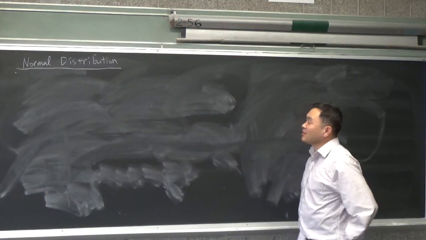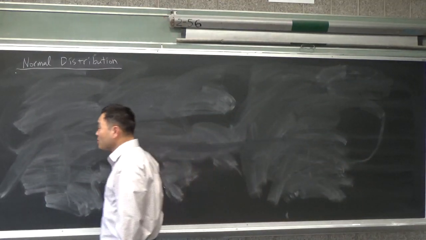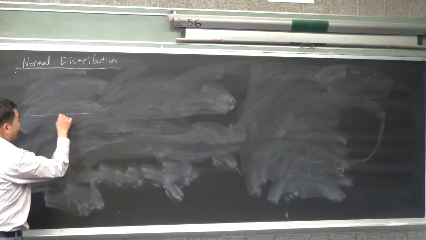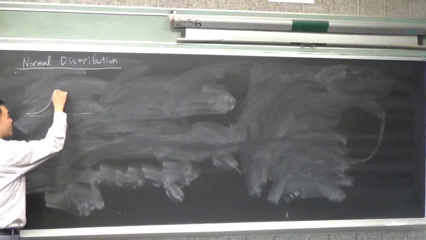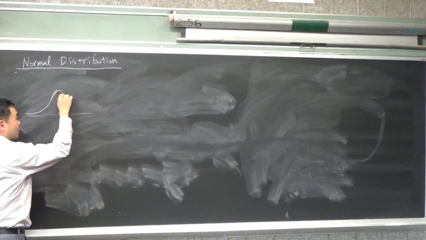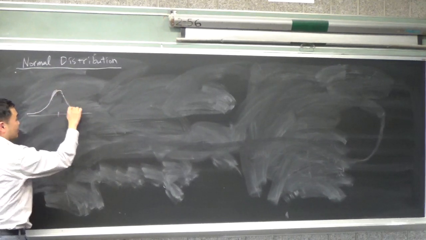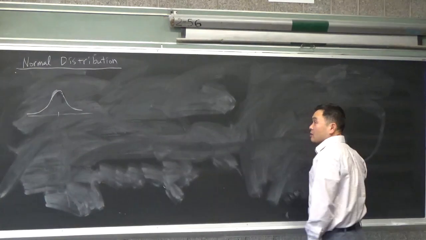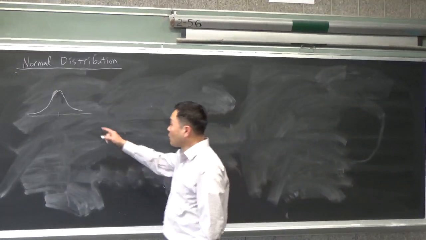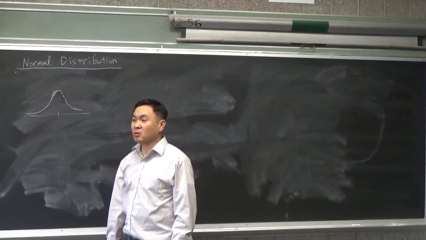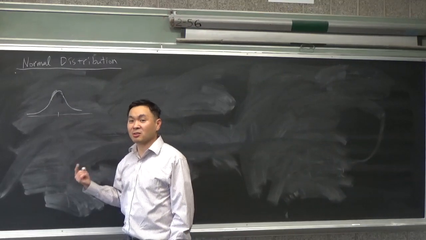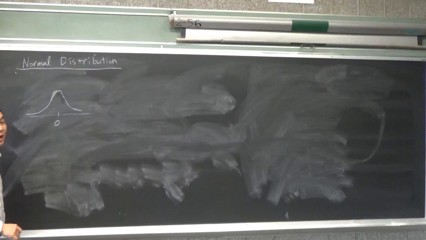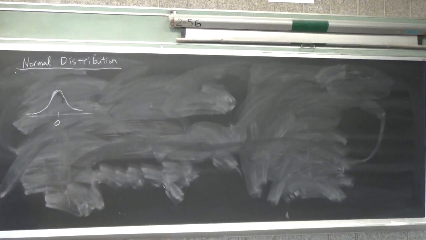Normal distribution. This is more well known as the bell curve. What's the bell curve? It's like there's an average, and then around the average you have this bell-shaped curve, right? Now, among all the bell curves, the one that we are going to call the standard normal distribution would be something that will have the average as 0, and